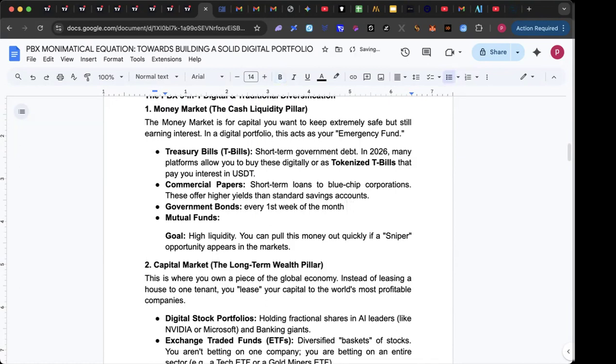The government bonds in Nigeria come out every first week of the month. If you have been trading with us, I know some of you have not even explored it. Every first week of the month. So this month, I'm sure it should be over. If I check my mail, I think I posted something